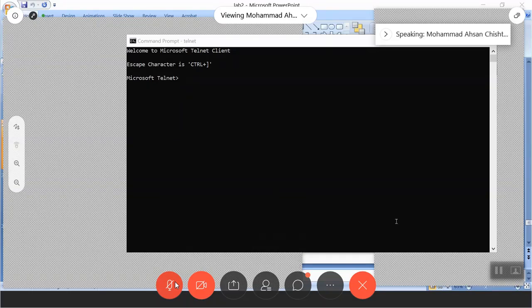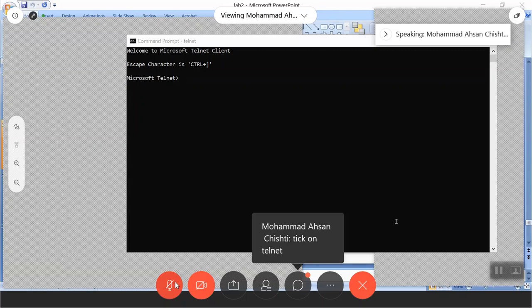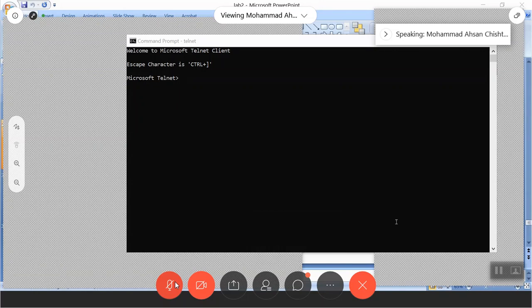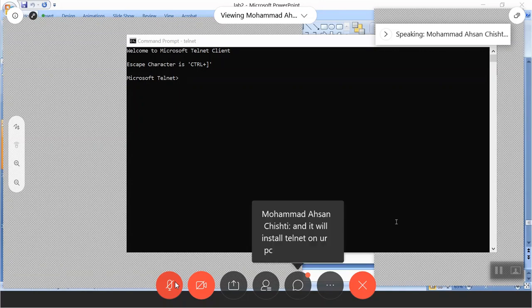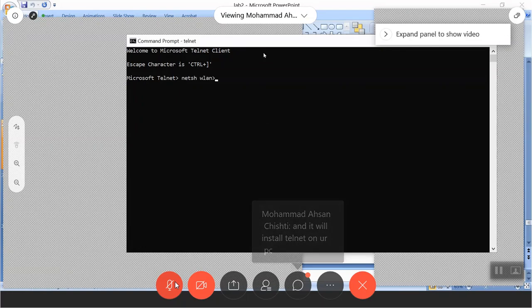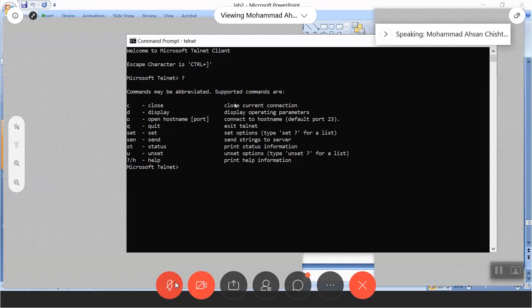Tick on telnet and it will install telnet on your PC. Okay, once it's installed, you will get a prompt like I am here on Microsoft Telnet. There are a set of options in which you can